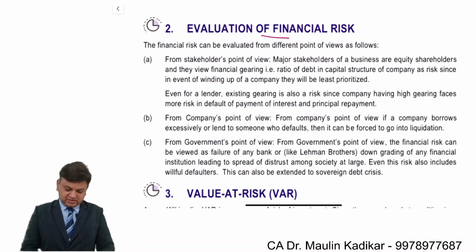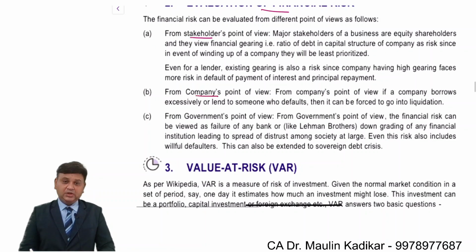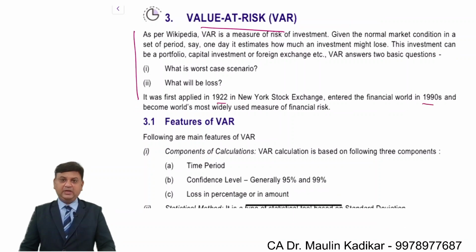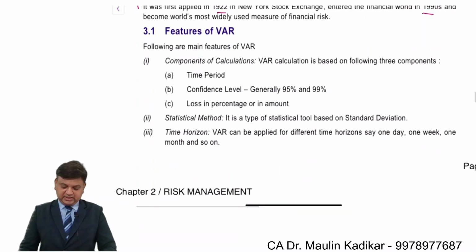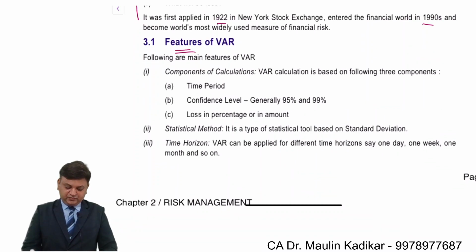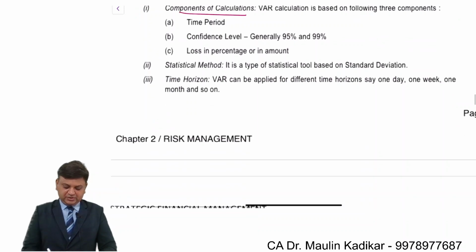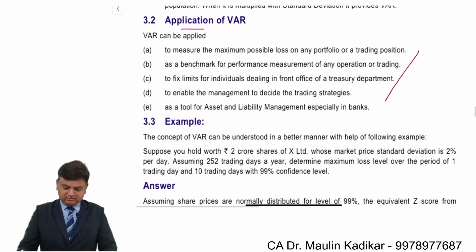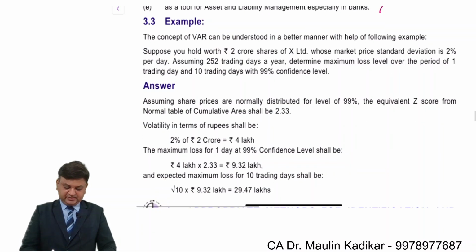Evaluation of the financial risk from the investor point of view, from the company point of view, and from government point of view. VAR, in that the basic explanation, it was introduced in 1922 and it is applied since 1920, so 1990. Features, this is important. Components of the calculation: statistical method, time horizon, probability, risk control, and Z score. Application, or we can say the use of the VAR. Example that we have seen: